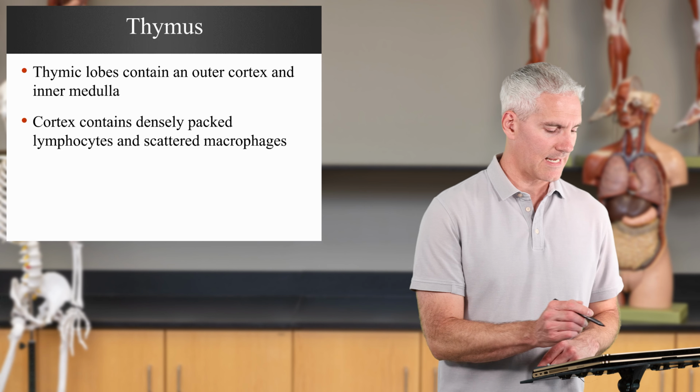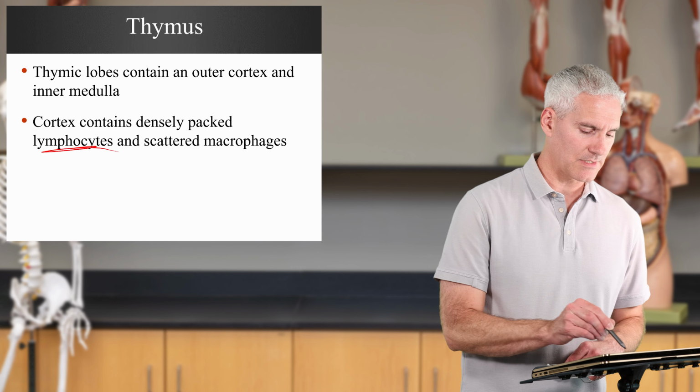The cortex is looking at lymphocytes and macrophages. All right, so maybe that gives you an idea of, hey, what's this doing? Lymphocytes, macrophages, we're destroying immune functionality. But then if we move on, the medulla is containing regulatory T cell development. T cells, remember, are also immune functionality. So now we have both the medulla and the cortex dealing with immune functionality.